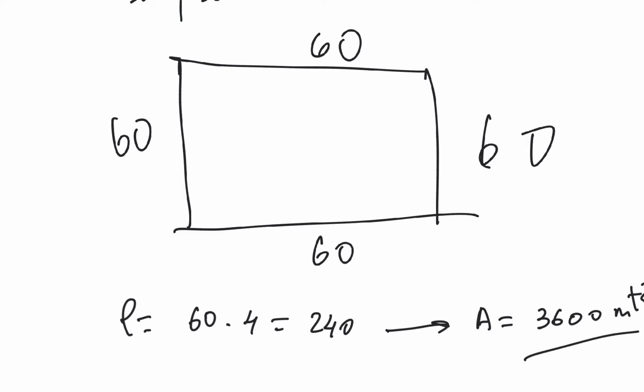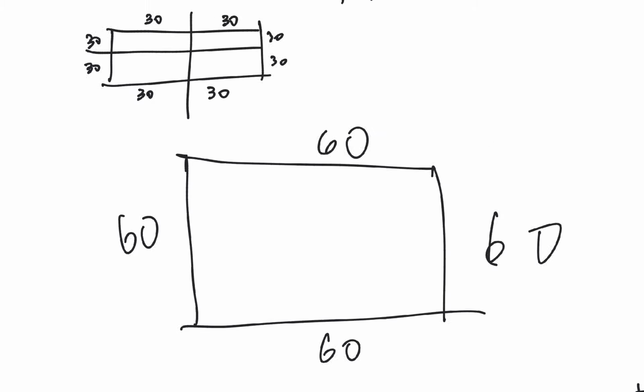And this is the max. If you want to minimize, this is the minimum, 240, the minimum size of fence you have to construct to make it possible to have an area of 3,600 square meters. Okay,